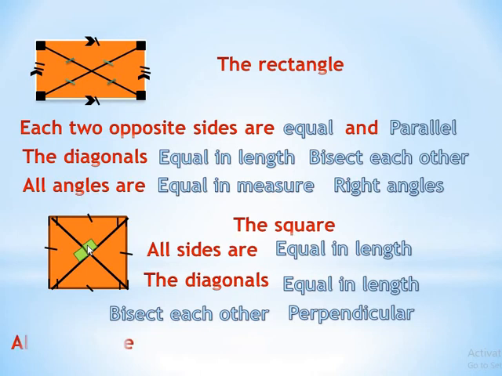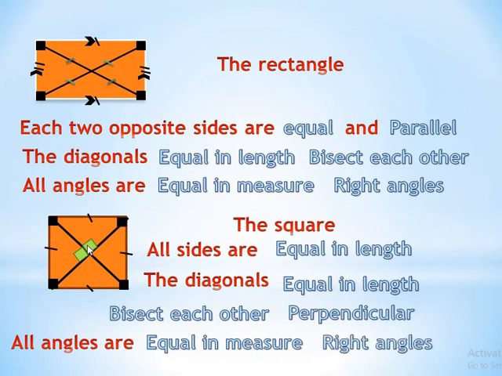The intersection between them makes a right angle. Okay, so all angles are equal in measure. They are right angles. Okay, let's see the